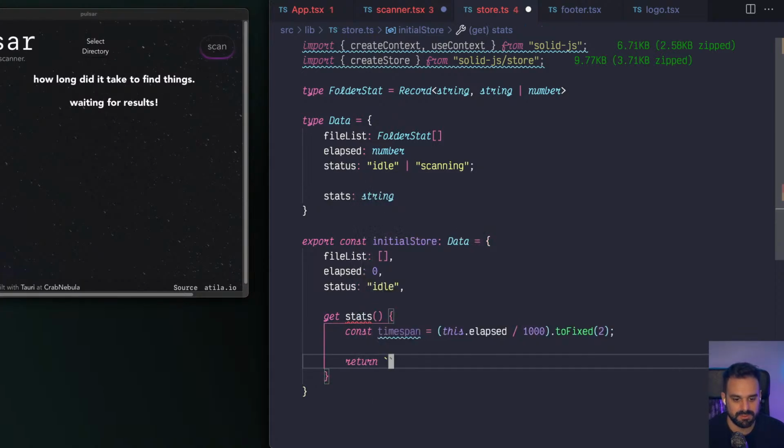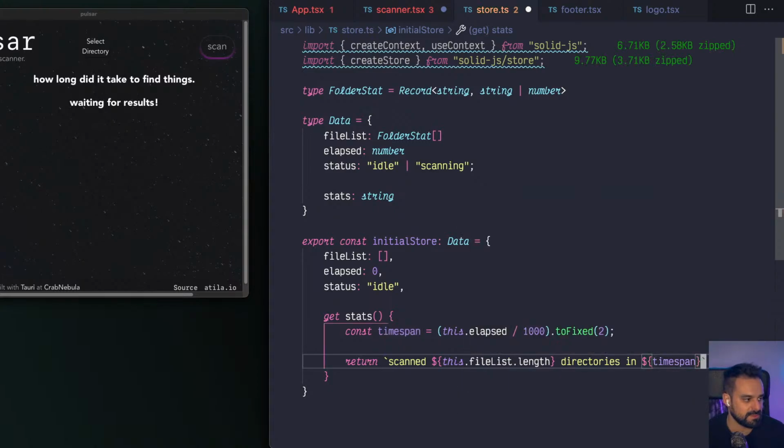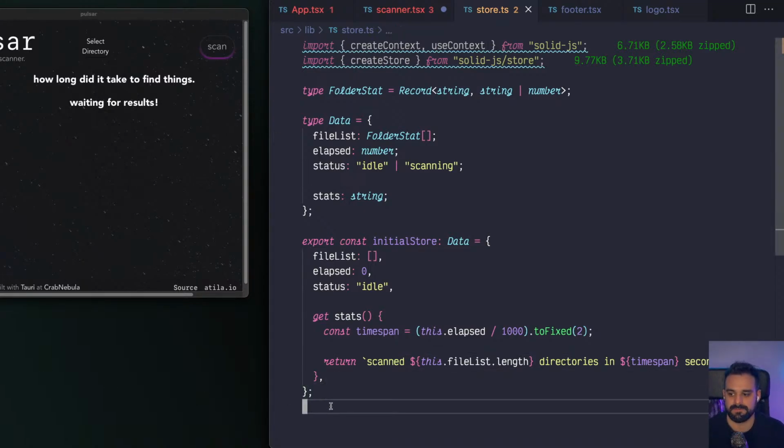Then we can return that we scanned the length of the file list directories, in whatever time span in seconds. And this is it. This is our store. So now,